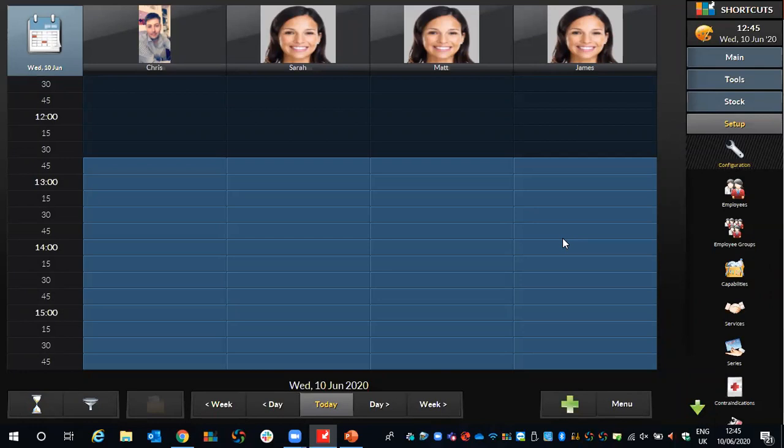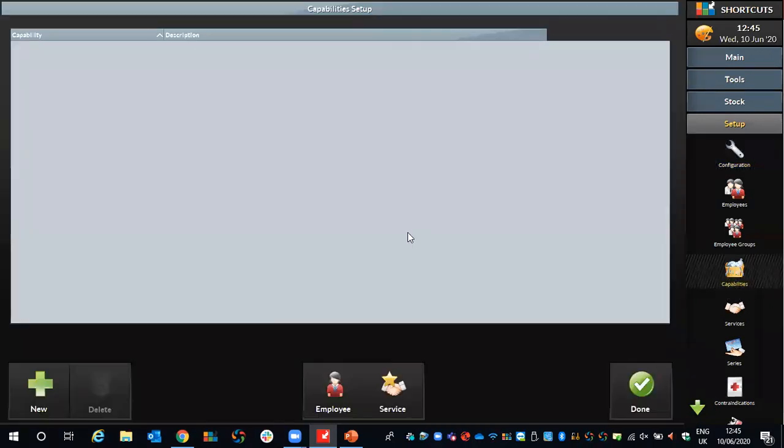So what we are going to do is set up our capabilities. On the right-hand side, we're going to click where it says capabilities. Again, we're under the setup screen. Setting up capabilities is a 3-step process. Step 1 is to create a new capability category, and I'm going to do that in just a sec. Step 2 is to link all of the services to that category. And then step 3 is to link the employee to those services